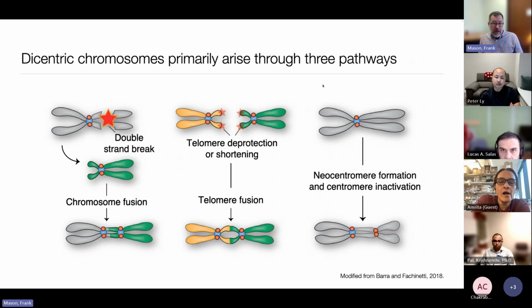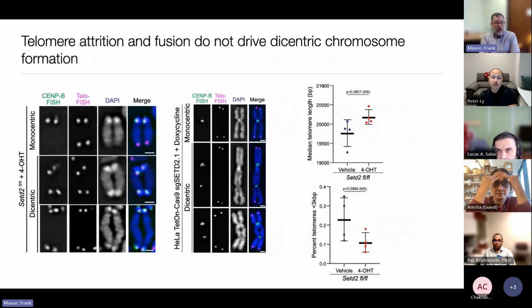Another one is through shortening of your telomeres, promoting chromosome fusion at telomeres. And the third is through the formation of neocentromeres, or a new centromere at an ectopic site on a chromosome. And so one of the most well-characterized ways to generate these dicentrics is through telomere shortening or telomere fusion. And so that was the first thing we tested to see whether there was altered telomeres in cells lacking